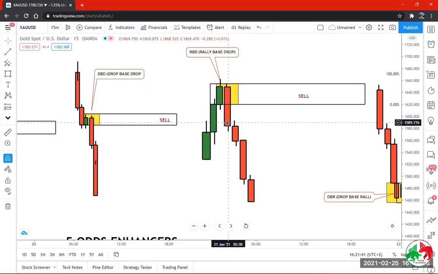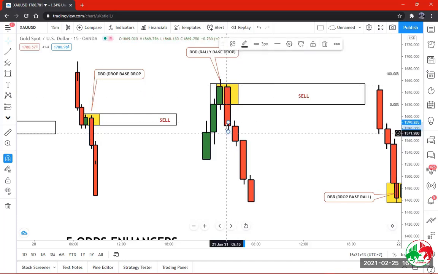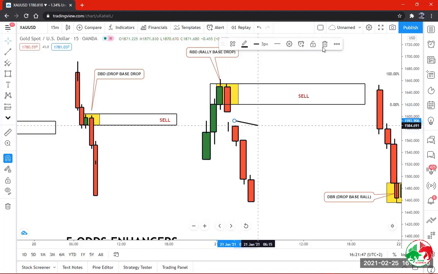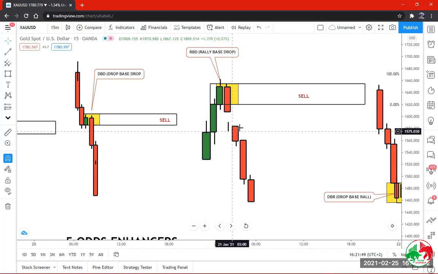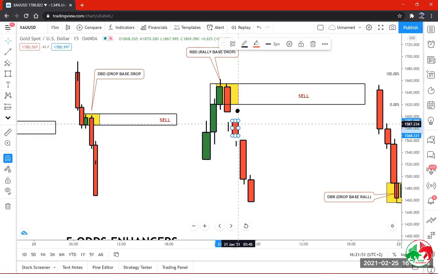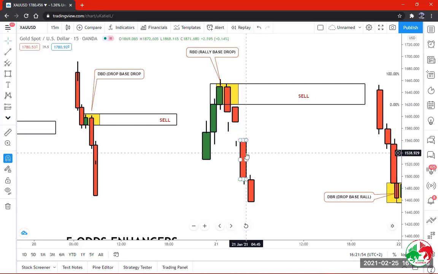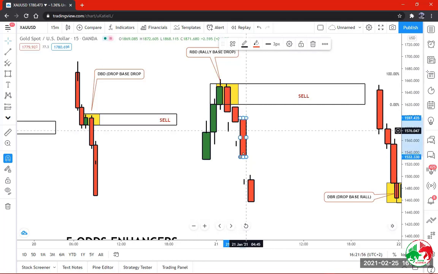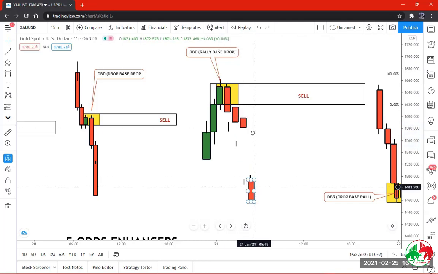But if I have a move like this, a very small move with small candle bodies, price struggling to move from the area,